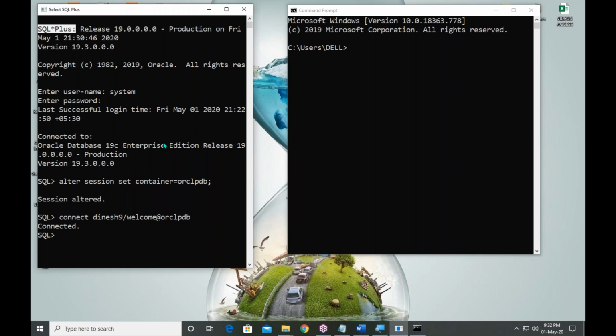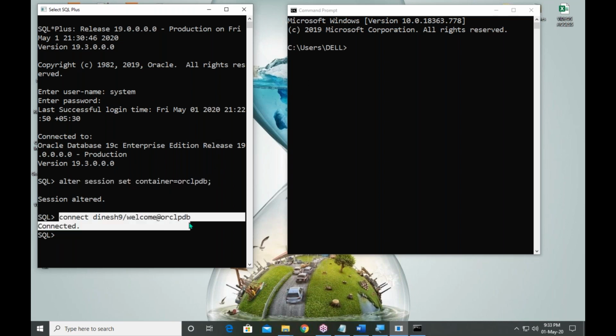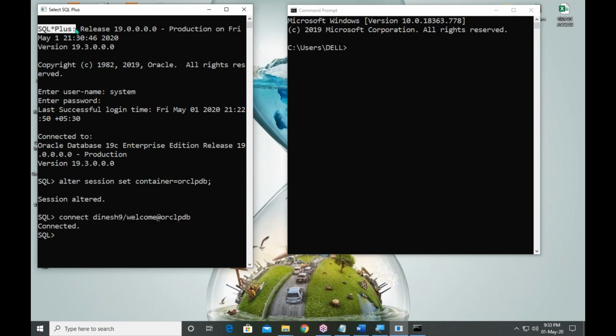But in companies, you can directly connect. In the local system, connect as a system, change the session into the local database, and then connect as developer. This is through SQL Star Plus, the regular process.